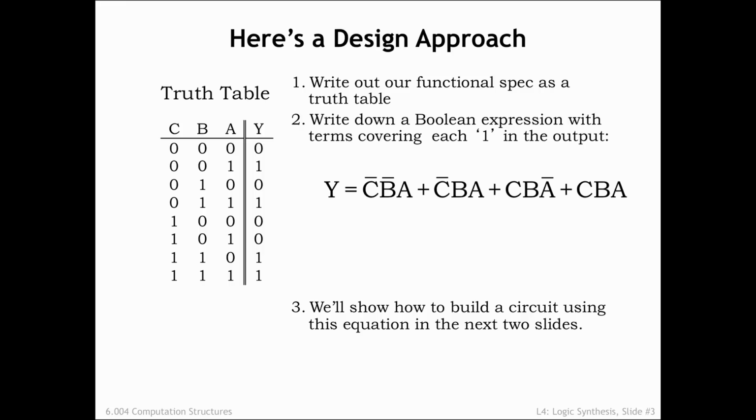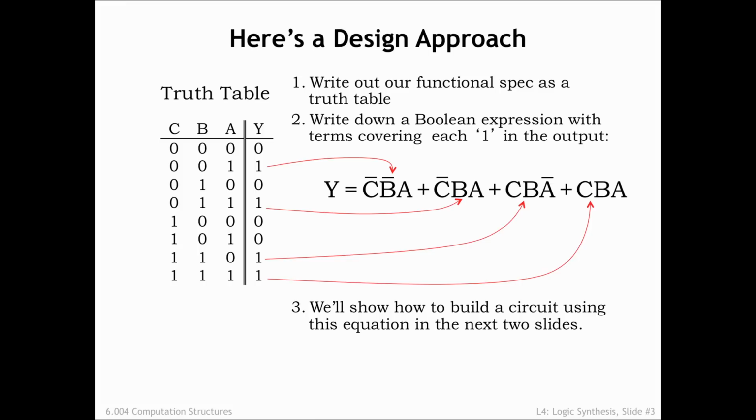The corresponding Boolean equation is thus the OR of 4 terms, where each term is a Boolean expression which evaluates to true for a particular combination of inputs. Row 2 of the truth table corresponds to c equals 0, b equals 0, and a equals 1. The corresponding Boolean expression is not c and not b and a, an expression that evaluates to true if and only if c is 0, b is 0, and a is 1. The Boolean expression corresponding to row 4 is not c and b and a, and so on for rows 7